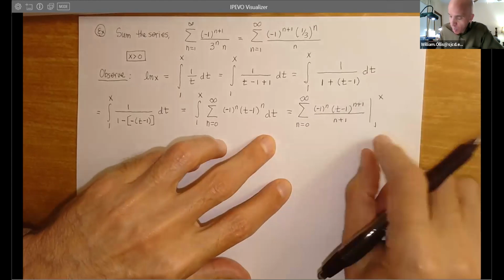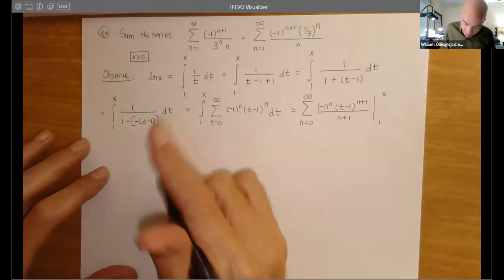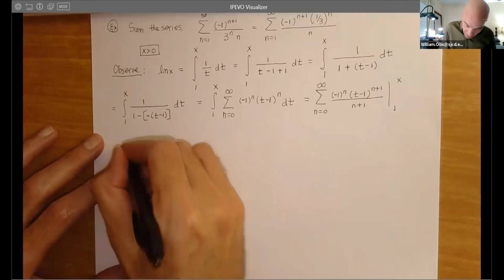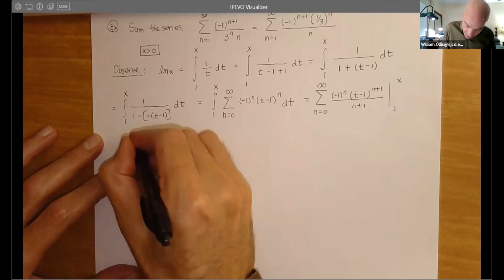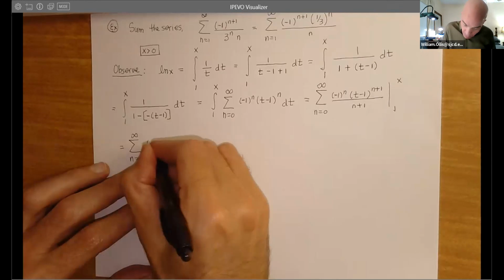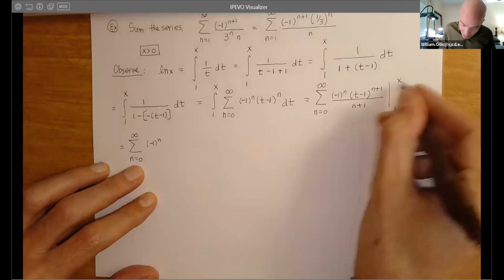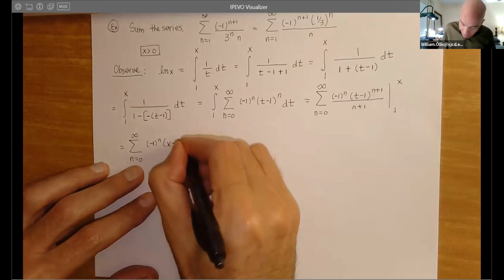Of course, now you know why I've chosen the 1. It's going to clean that out and give us a 0 constant. So now we get the series n equals 0 to infinity of -1 to the n, replace the t with x, x minus 1 to the n plus 1